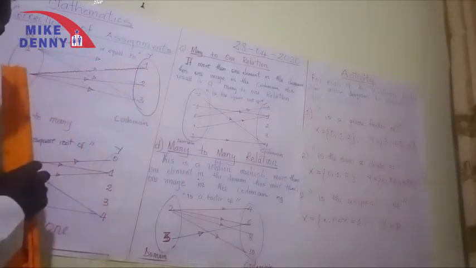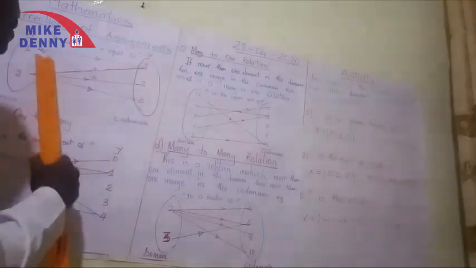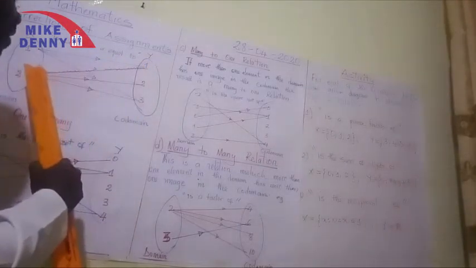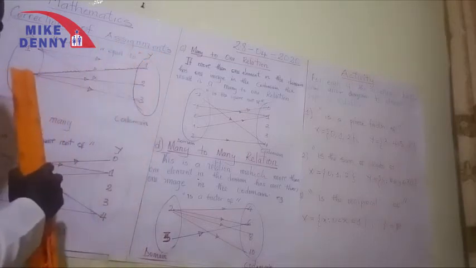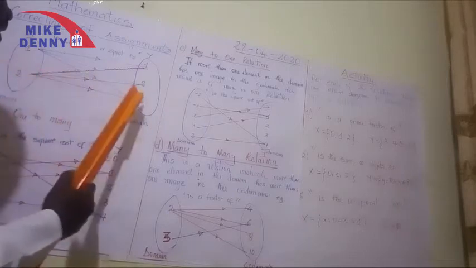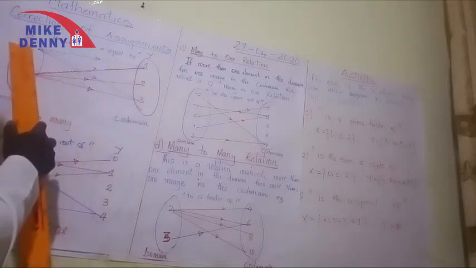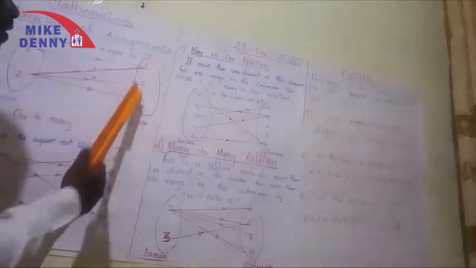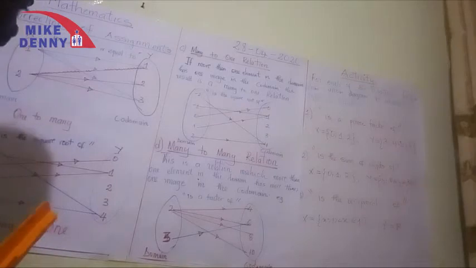We take the next element, 2. You see, 2 is not less than 1. That is why you see the draw and cancel, so that people should be very careful. I saw some people drawing and linking anyhow. 2 will never be less than 1, but 2 is equal to 2 and 2 is less than 3. And the type of relation now is one-to-many. You see, one element in the domain has so many images in the codomain. So that's how you're supposed to do it.